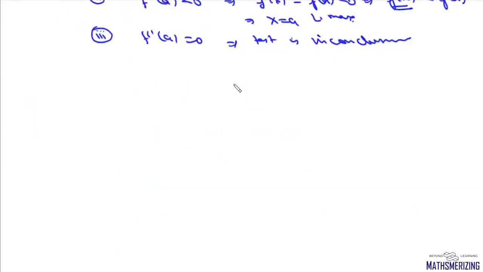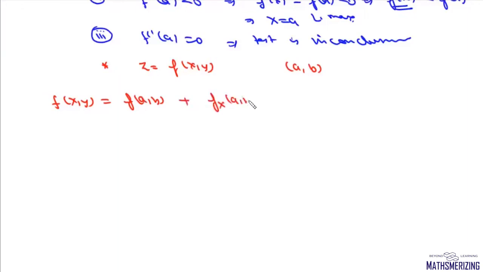Now we'll try and figure out the rationale behind the second derivative test for multivariable functions. So suppose we have a function, say z equals f(x,y), and we have a critical point at (a,b). Now again we'll use Taylor's expansion for two variables. So we can write f(x,y) equals f(a,b) plus f_x(a,b) into (x minus a)